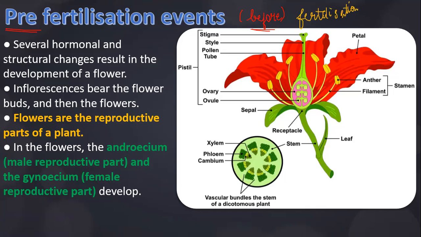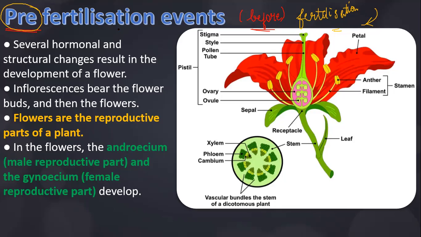Fertilization. What do you mean by fertilization? It is actually the fusion of the male gamete with the female gamete to form a single-celled zygote. So the formation of a zygote by the fusion of the male and the female gamete, you will call it fertilization. Now in today's class, we will be dealing mostly with the pre-fertilization